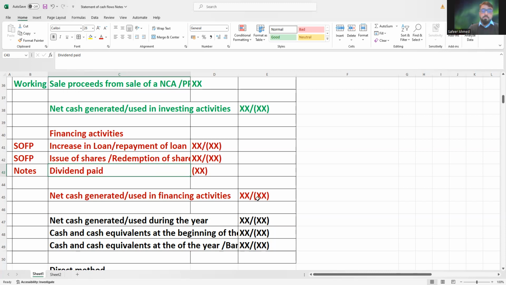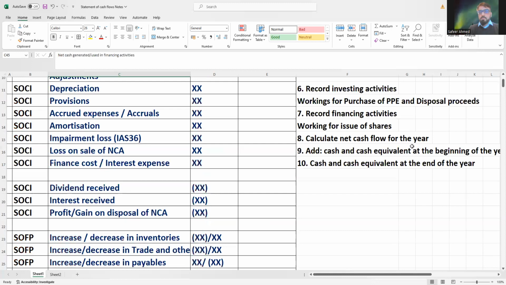But yeah, because it's from the profits, the standard allows us to either deduct this from operating activities or deduct this from financing activities. So this will basically give you net cash generated and used in financing activities. So if I go back to the step-by-step